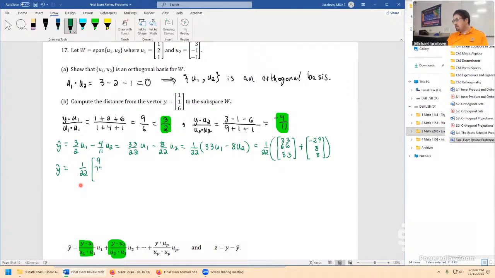Then 74, 41. These are divided by 22, so 9 over 22, 74 over 22, 41 over 22. This one reduces, but I'm just going to keep it all over 22 because the next step